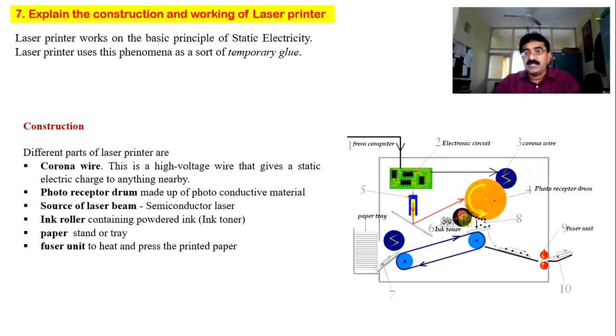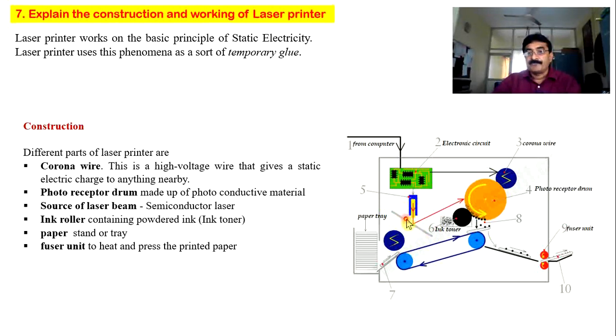And this orange color disc is called the photoreceptor drum. On this drum, charges are deposited with the help of the corona wire. And very close to this we have the ink toner cartridge, as we call it. It is filled with ink powder, and I am talking about only black and white printouts, not color, so this is filled with black ink powder. Very close to this circuit board we have a source of laser, and in front of the laser source we have a mirror.